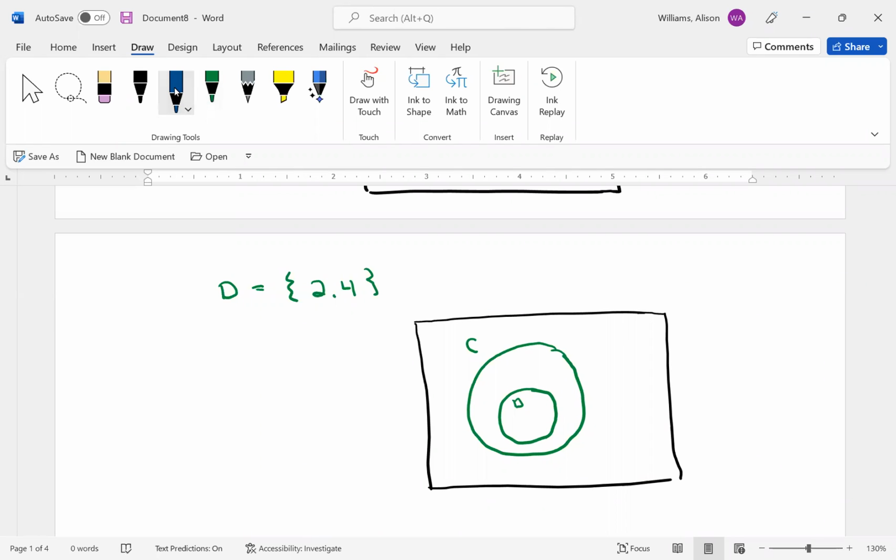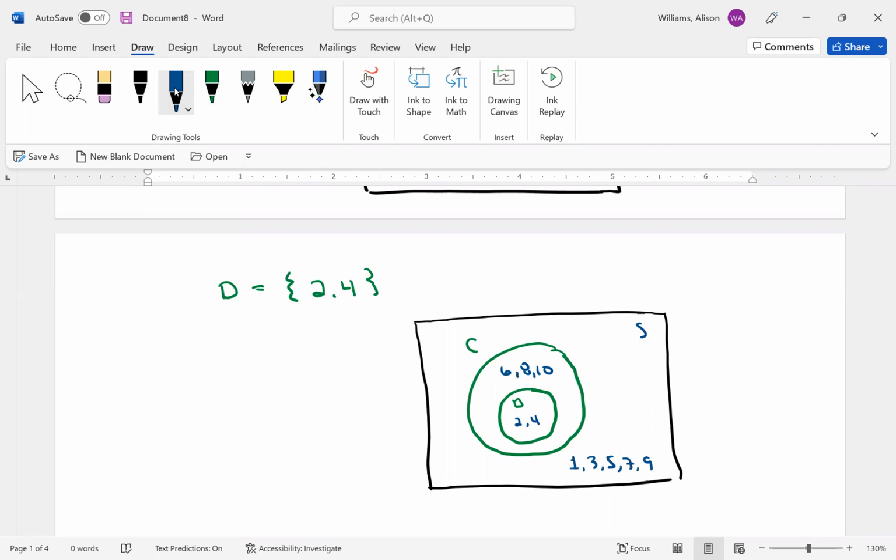And D, here we'll do it in blue, would contain the numbers 2 and 4. C would contain 6 and 8. So 2 and 4 are still in C, but so is 6 and 8 and 10. Sorry, keep forgetting 10 for some reason. And then all the rest of the numbers, the odd numbers, would be sitting out here in the universe of